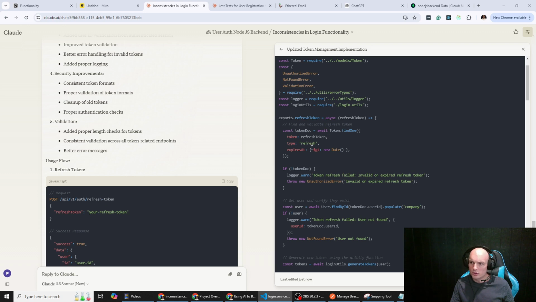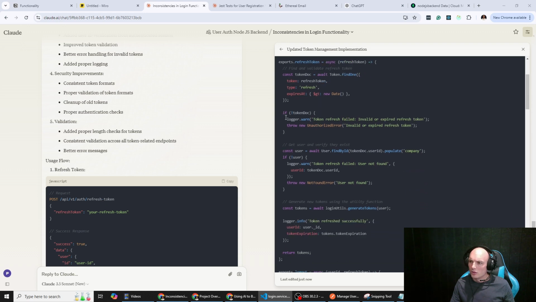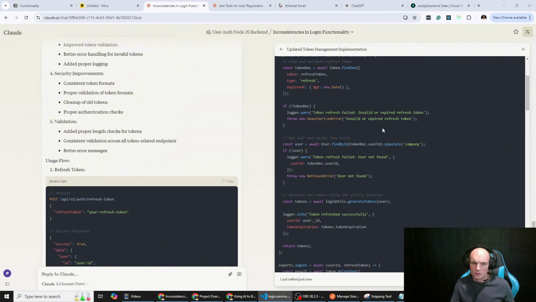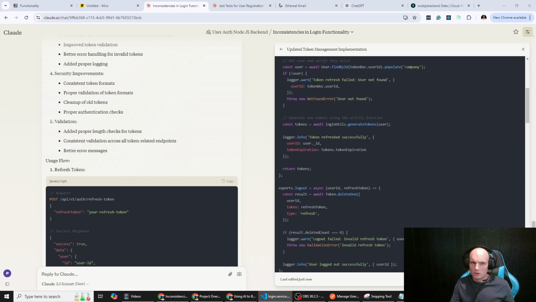Find one, refresh token, refresh, that's all the same. Yep, that's the same. Yep, that's the same. Generate tokens. Okay, so it's using the utility function. So if we bring this over here,